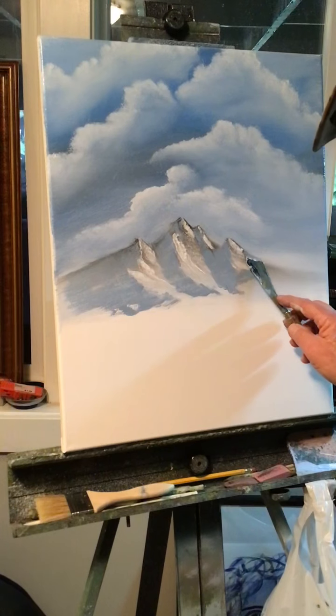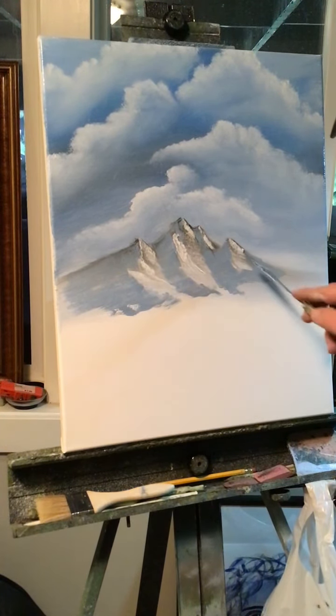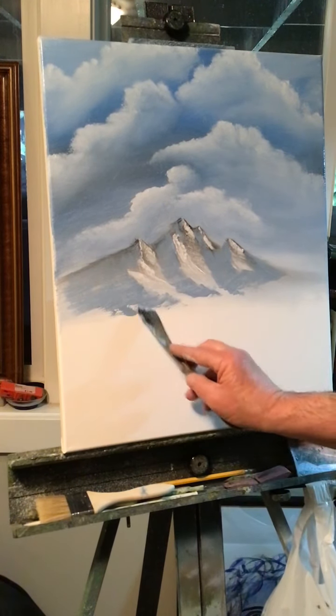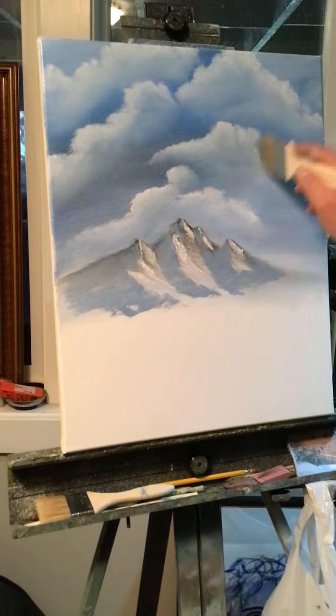Let me fill this side in. I always get somebody asking why I don't fill that in. But usually I put trees over it, so I never worry about it. But there we go. All right, so I told you before, my technique's a lot of blending. As you could tell, I blended the sky, the